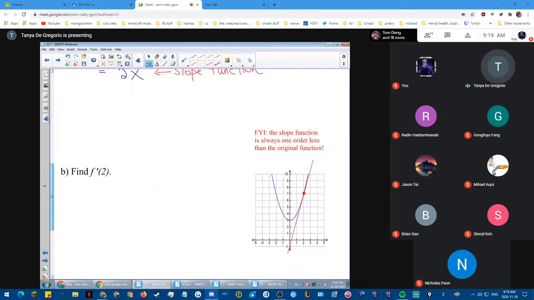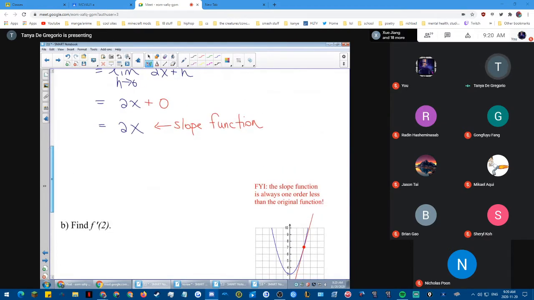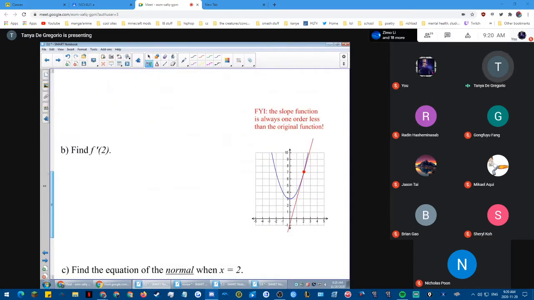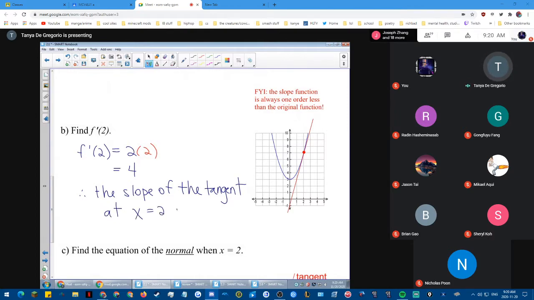Okay. Well, now we want to know the slope when x is equal to 2. So look at the notation here. They want the derivative when x is equal to 2. Well, I have the derivative. The derivative is equal to 2x. That's my slope function. So we want to know the slope when x equals 2. So I just have to sub in. So therefore, the slope of the tangent at x equals 2